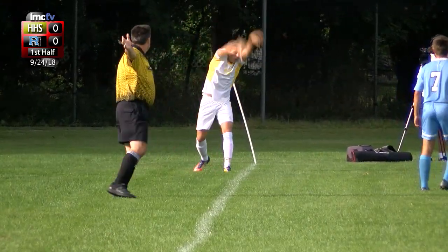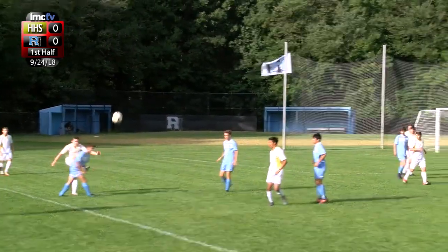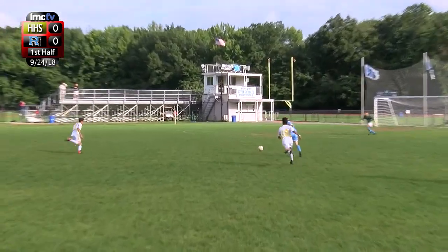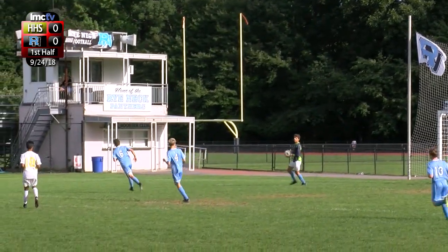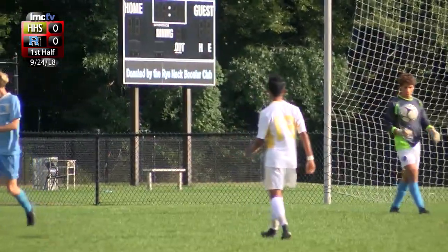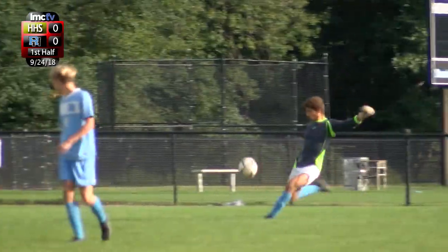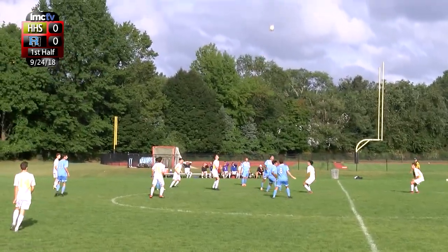So Rhinebeck coming in on a 4-game winning streak. They've played superb defense thus far this season, which results in their 4-1-1 record as Hastings takes a shot, but this one is wide left. And the save by Guillermo Pons. So this one is kicked by Pons